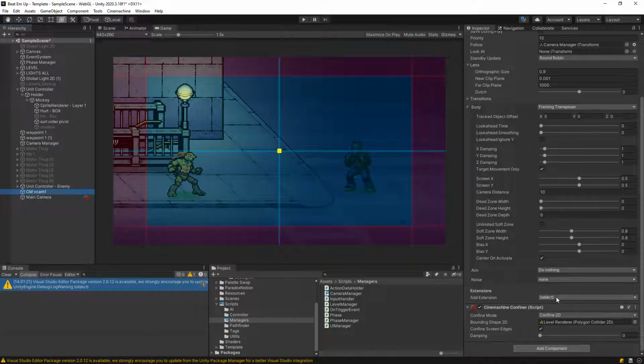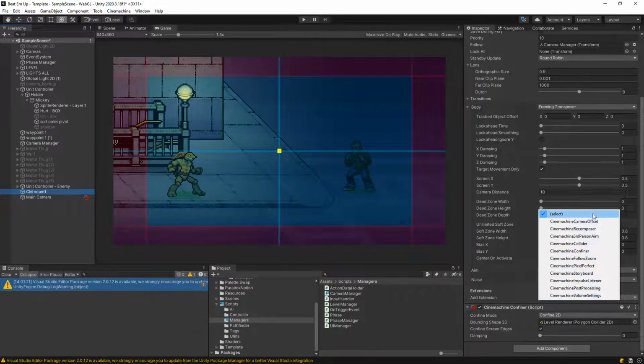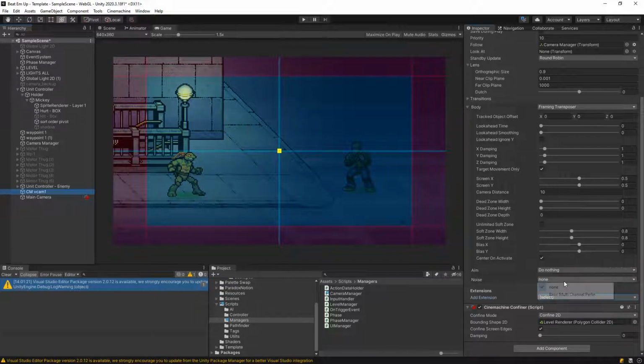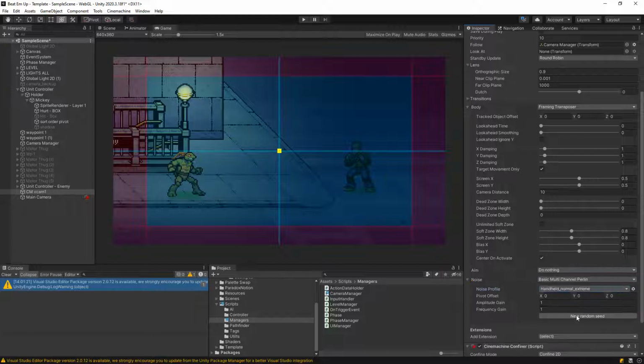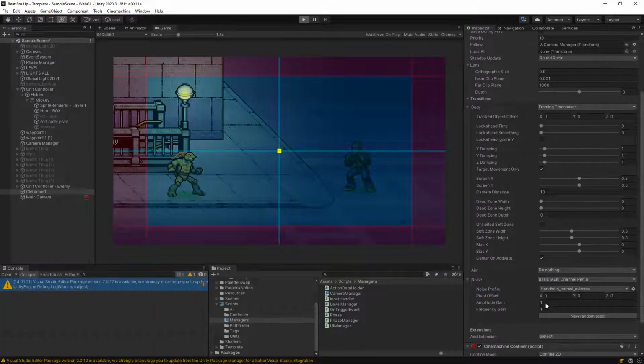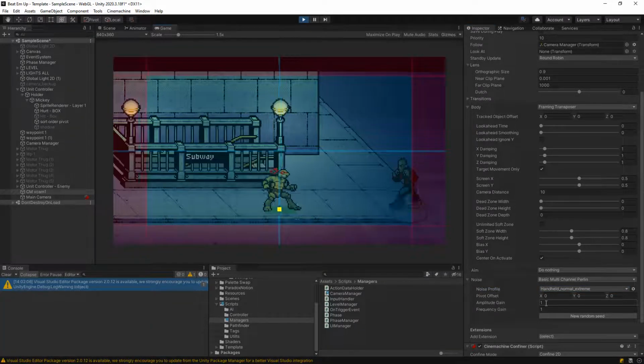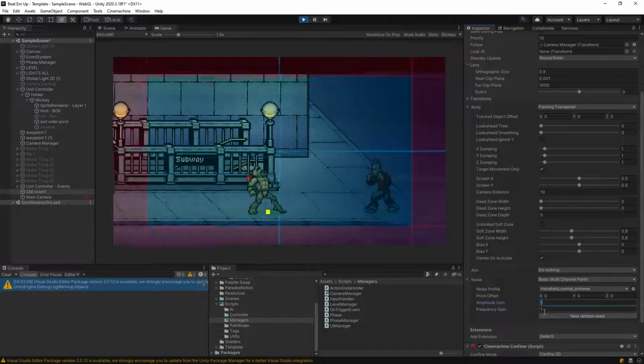Then let's add a new noise. Where is it? Oh, it's over here. Noise, multi-channel perlin. Let's say, let's do normal extreme, and I think let's do a new random seed. Okay, so